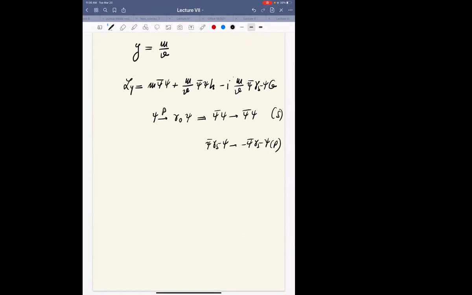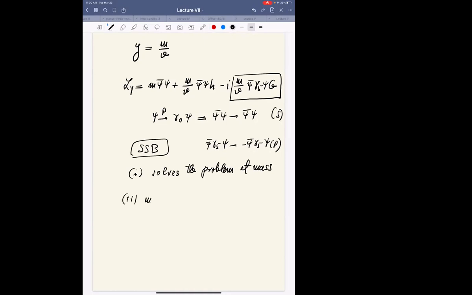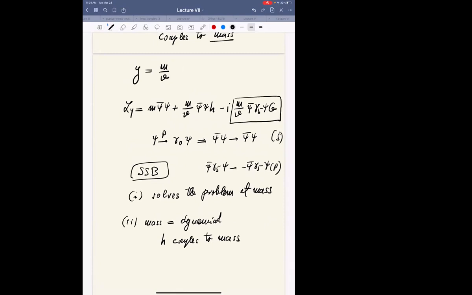Now, an interesting thing. So let's talk a few words. Well, let's summarize. The Nambu-Goldstone, the spontaneous symmetry breaking. Spontaneous symmetry breaking solves the problem of mass. The symmetry forbids it, but this spontaneous breaking allows it. Mass, this is beautiful, becomes dynamical. What it means, that Higgs couples to mass. We'll talk about it a lot. It's not just a parameter, it gives me now, you see, because of this Yukawa structure, mass tells me about